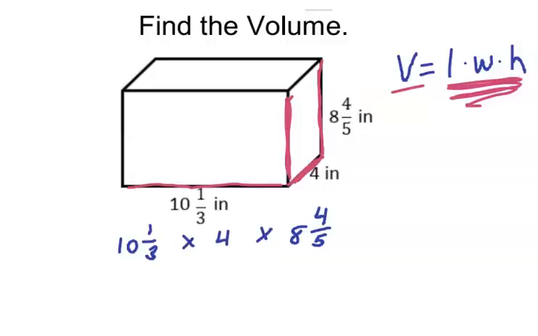Remember to do that, you do 10 times 3, which is 30 plus 1, so it's 31 over 3. 4 just becomes 4 over 1. And then 8, you do 8 times 5, which is 40, plus 4 more is 44. So you have 44 over 5. All right, so now we can just multiply across if we want to. Over the top is 31 times 4, and that gives us 124. And that's times 44, which equals